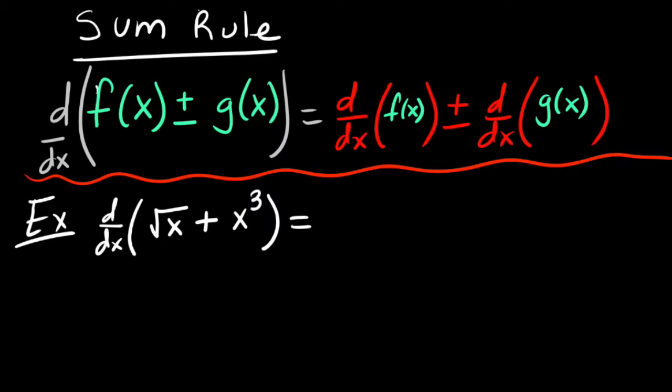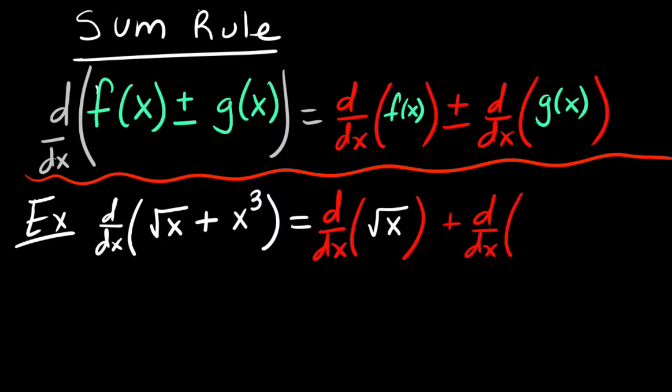What the sum rule tells us is that we can split this up into the derivative of the square root of x, the first function, and then plus the derivative